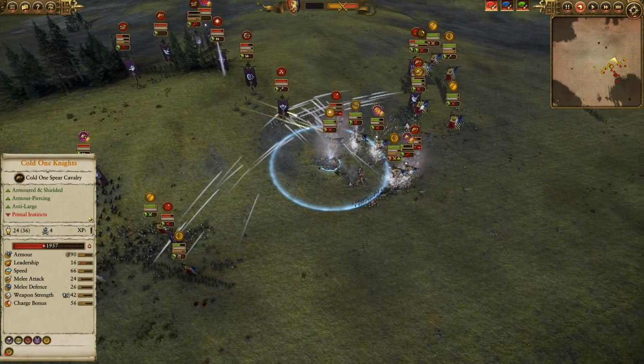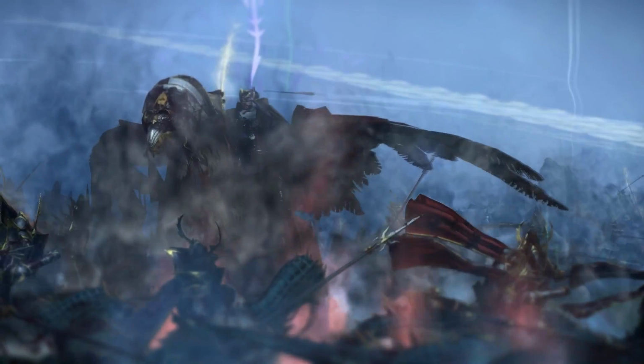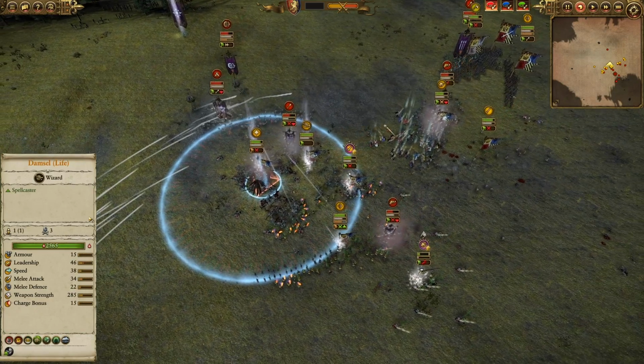Meanwhile, back in the center over here, you can see we do have Louan-Leoncoeur hit by the Word of Pain, reducing his melee attack significantly right down to 12, but in response he does have the Sword of Guron activated, reducing melee defense and armor in the area around him,